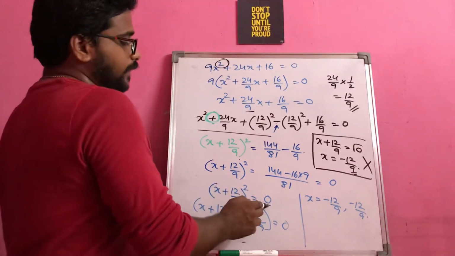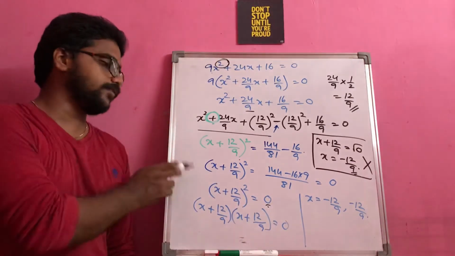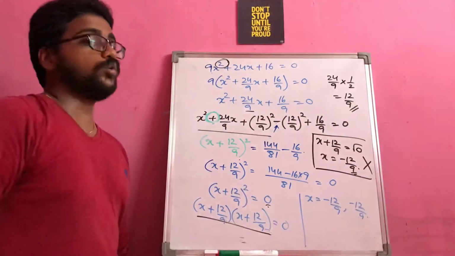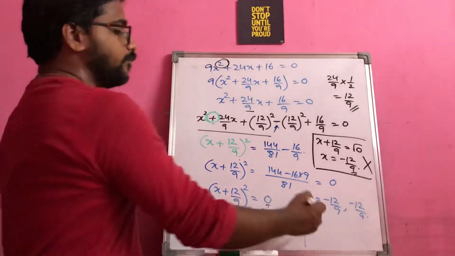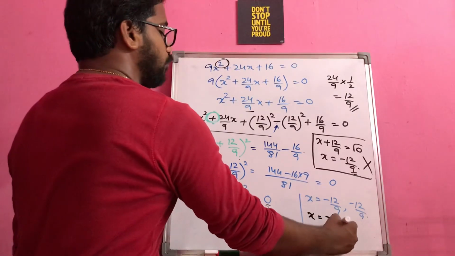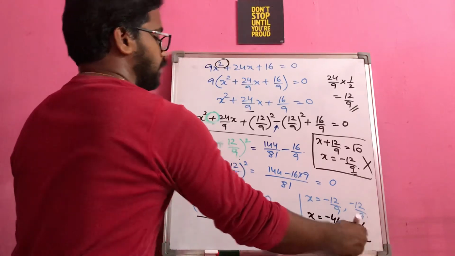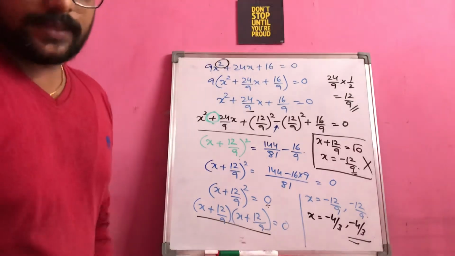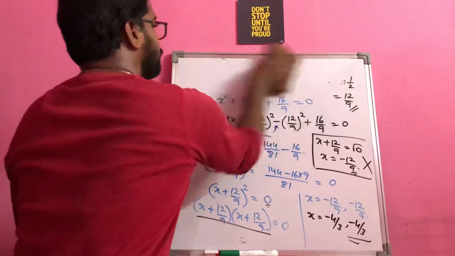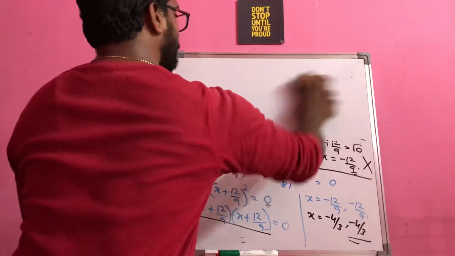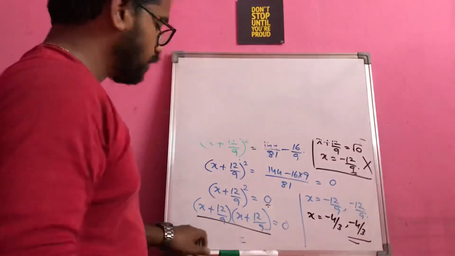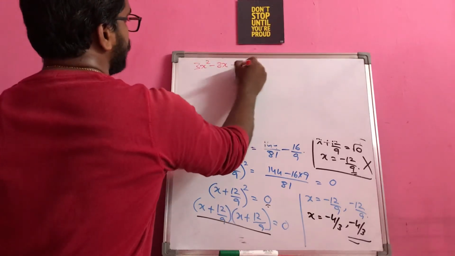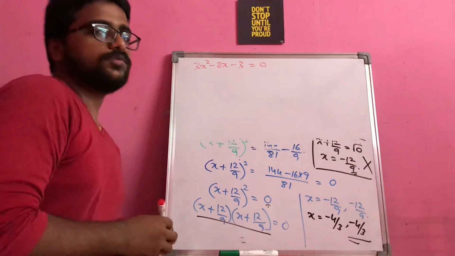So whenever you are getting the right side term as 0 after doing the method of completing the square, try to write like this so that you will be getting the two roots. Okay. If you want, you can further write this as −4/3, −4/3. Hope this method is clear. Now let me give you one more example. Please take down this: 3x² − 8x − 3 = 0.